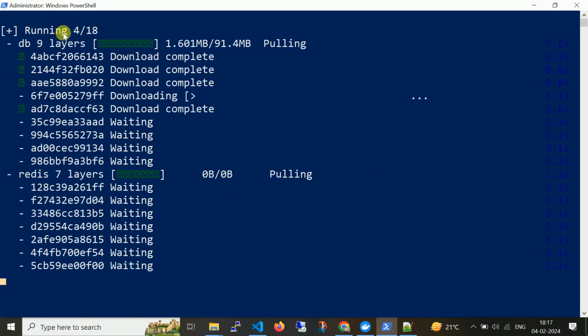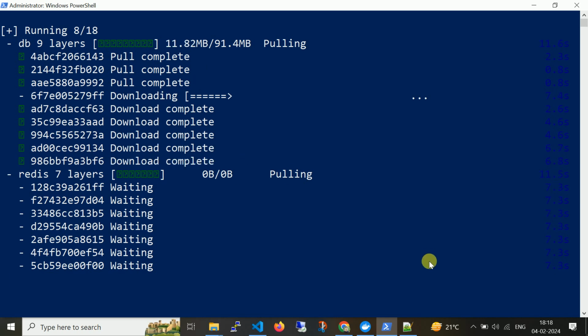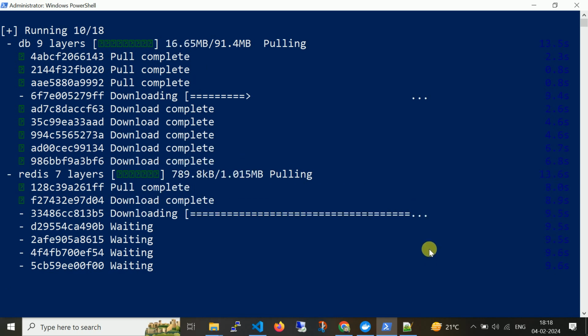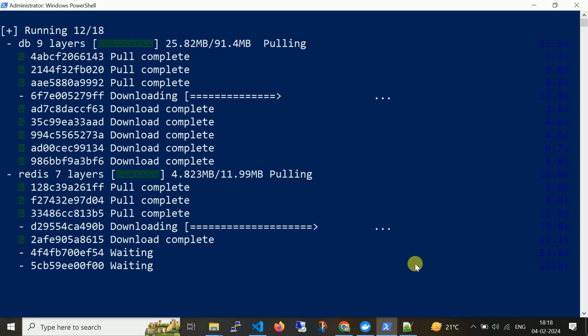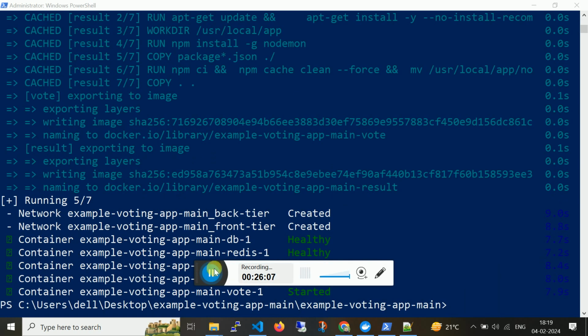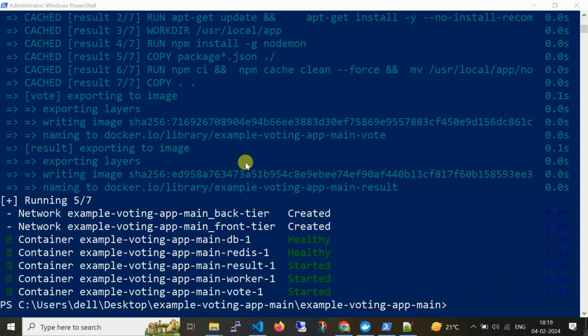So it says it's running the application. So let me just pause this video and we'll resume once all the images have been pulled and running. So here you can see everything is up and running.